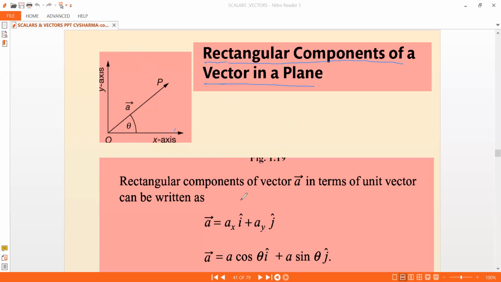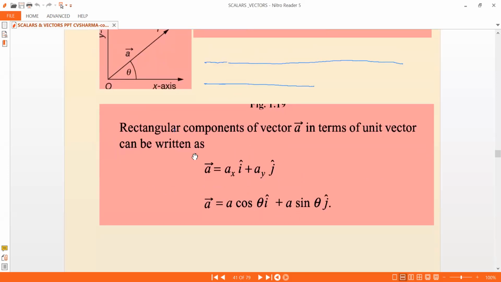So here the rectangular components of a vector a bar in terms of the unit vector can be written as ax i cap and ay j cap. So this is what I told: rx i cap and ry j cap. And then you can write it as a cos theta i cap and a sin theta j cap. And I'm just showing the notes that I have here in this particular video. And the next one